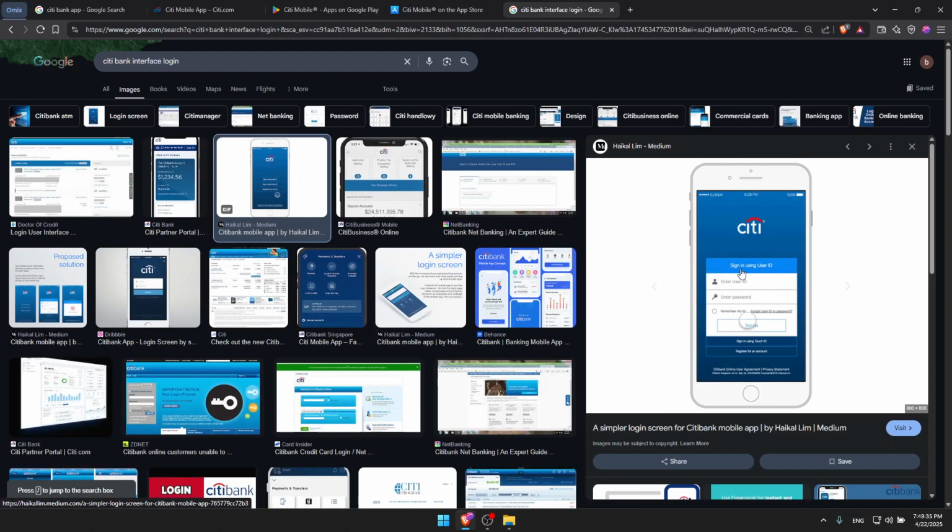Just click on sign in with the user ID. You can even sign in with Touch ID or create or register for an account if you don't have an account yet. Of course, if you have an account, you can simply sign in with these two options first. And if you don't have an account, as we said, you can go and create an account with the third option. And that's basically how you set up a